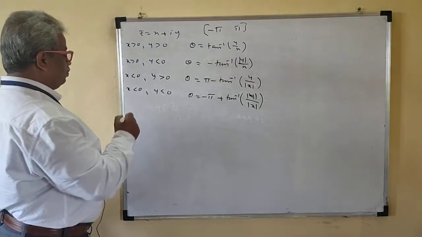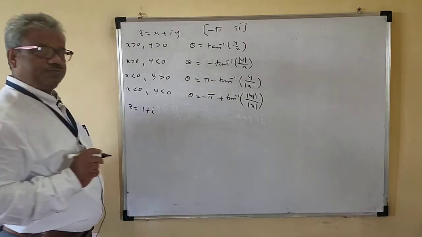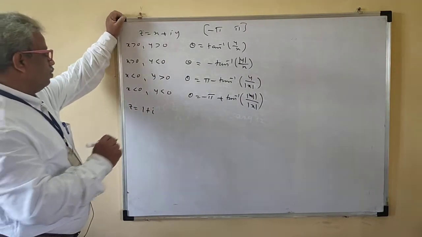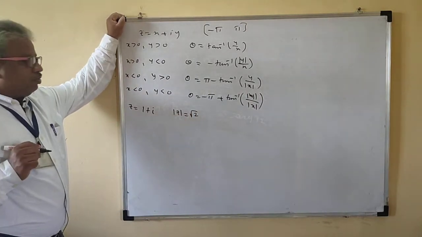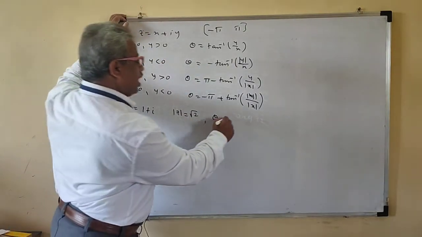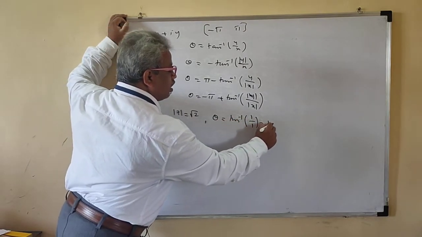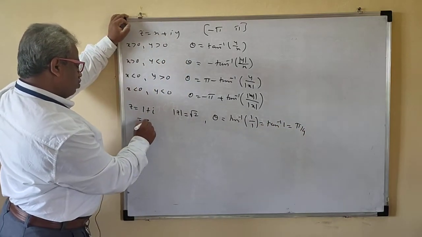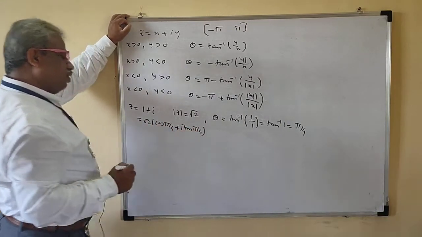Okay, so we'll use this now. Suppose your Z is equal to 1 plus i. We will express this in polar form now. So what is mod Z then? Mod Z is equal to root 2. What is theta then? Both are positive, so X and Y are positive. Then theta is tan inverse of the imaginary part upon the real part. So this is tan inverse of 1, which is pi by 4. So we can write this as root 2 cos pi by 4 plus i sin pi by 4. Okay.